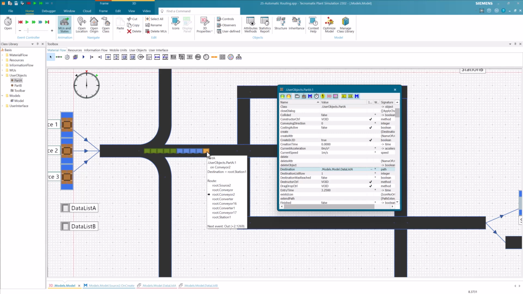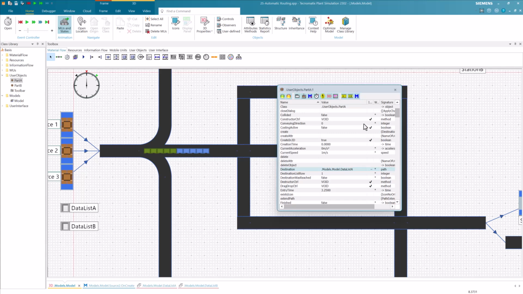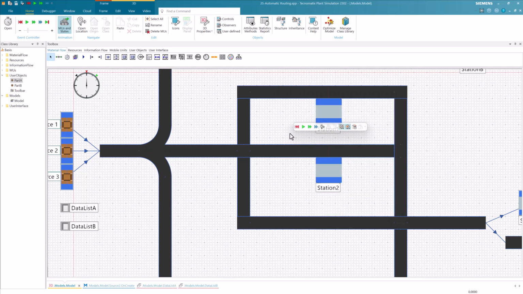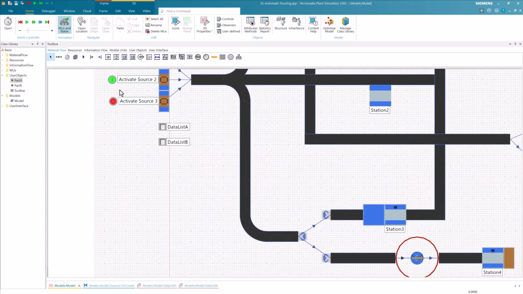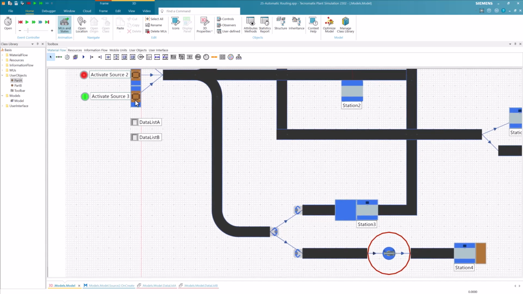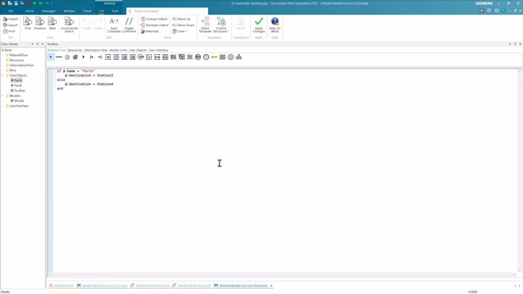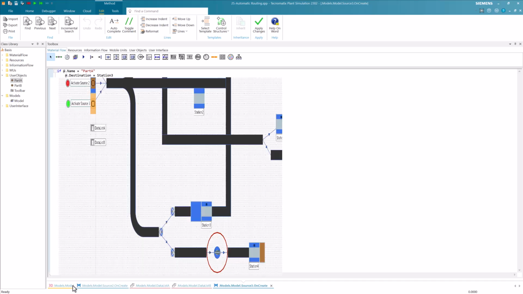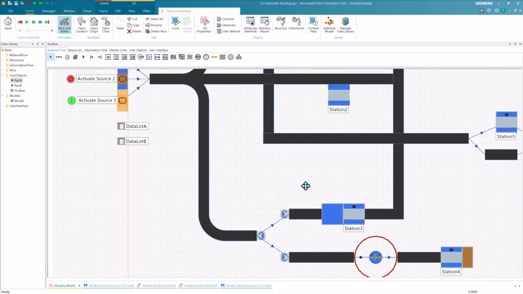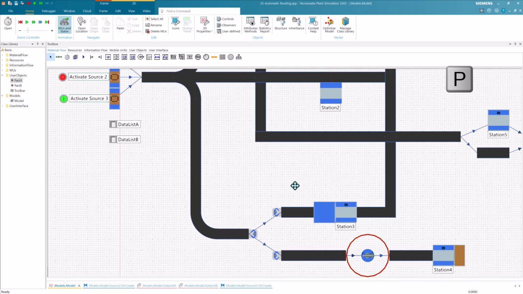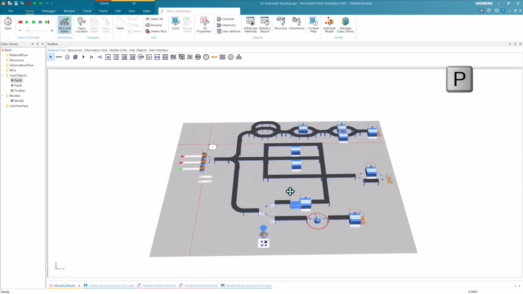For the third part of the video, we now activate the checkbox for the third source. We then open the entrance control of it. Here we can see that depending on the part name, we assign station 3 or 4 to the parts as their destination. As we can see, we need to request a worker to be able to move the parts along their route. So we have inserted workplaces.